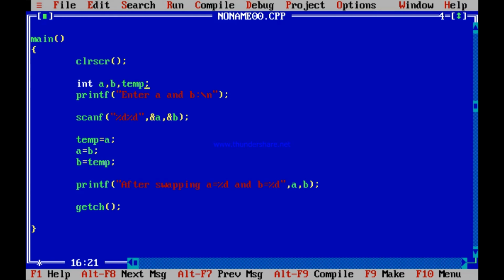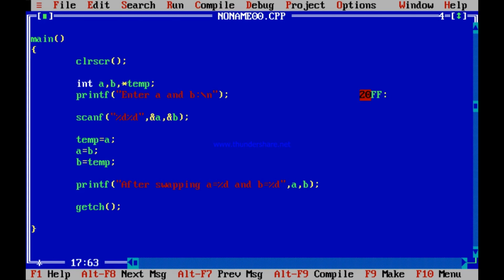If I want to use a pointer, then can I declare temp as a pointer? Possible. Temp is an address. Say temp is any random address. Say temp is 2000, or 20FF. 20FF is definitely an address. So temp is any random address.